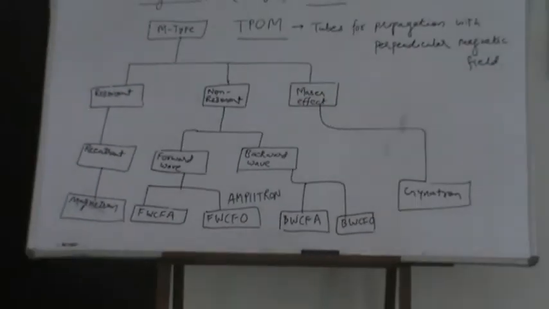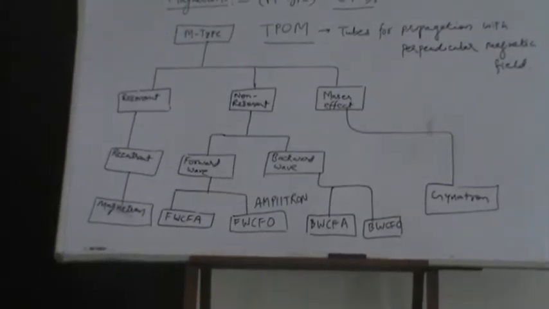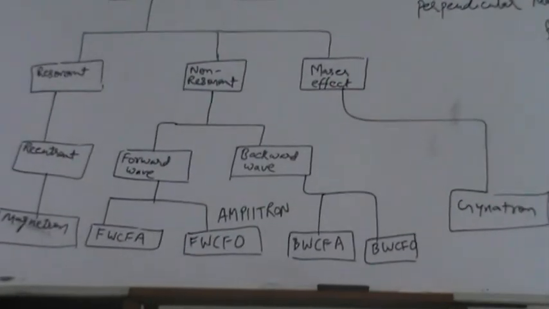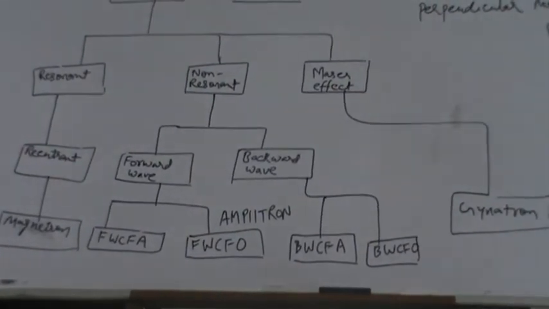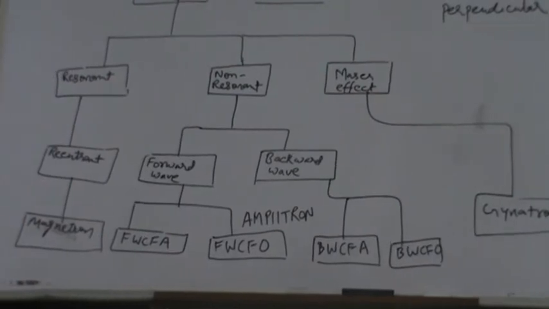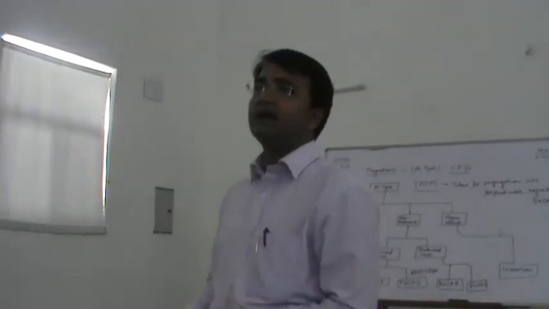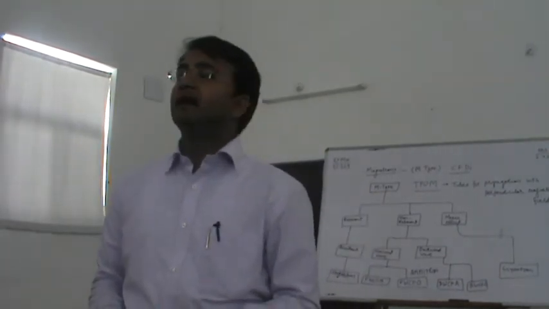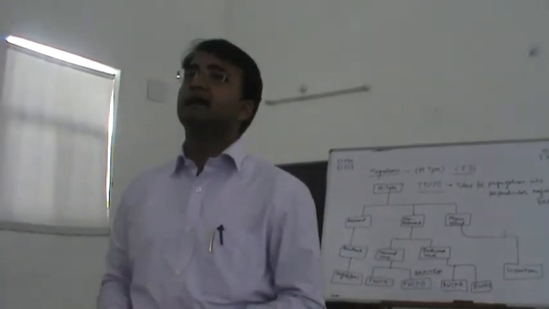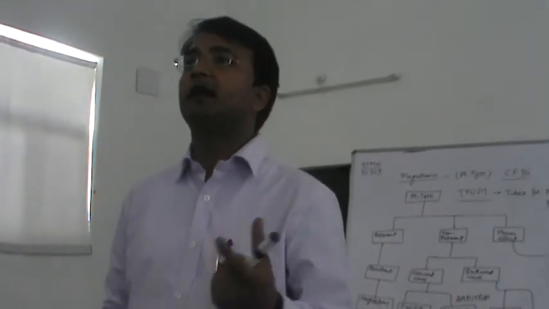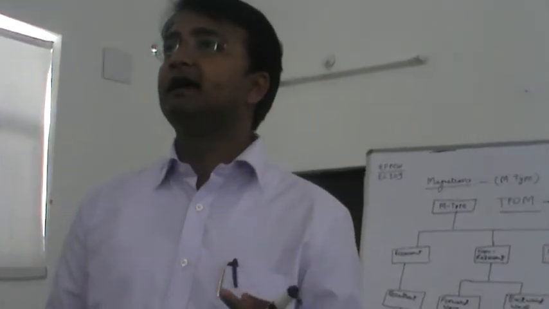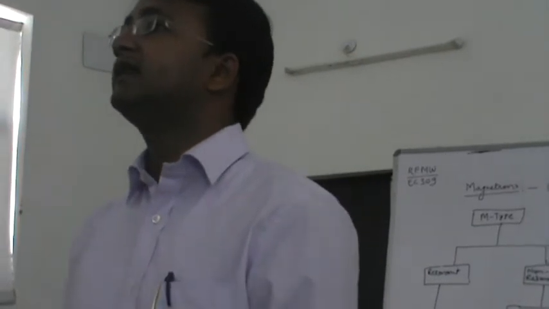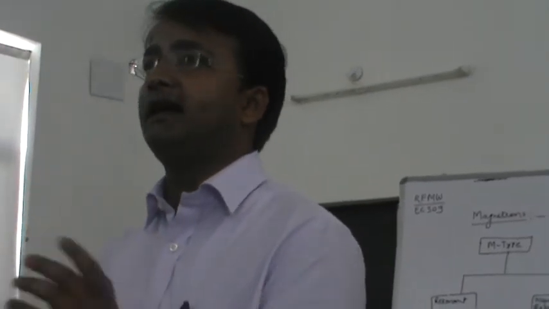So in this tree diagram or classification tree of the M-type tube, we can see that M-type tubes, the magnetron type tubes, are the CFDs, cross field devices, where there is a magnetic field perpendicular to the electric field. So how did it differ? How was it derived? Hull, the name of the scientist, devised the first laboratory instrument working on the principle of magnetron. He saw that by a magnetic field we can change the trajectory of electrons.